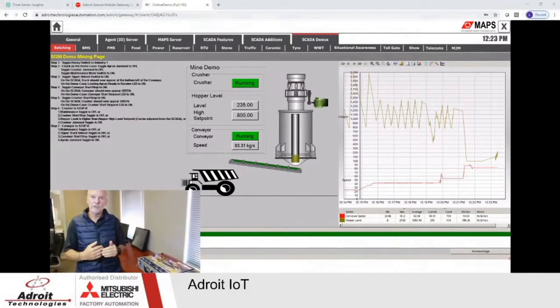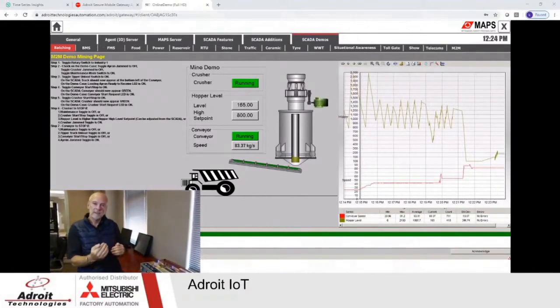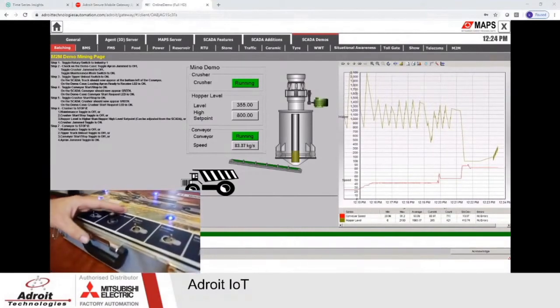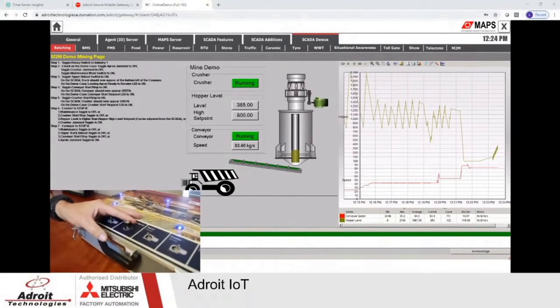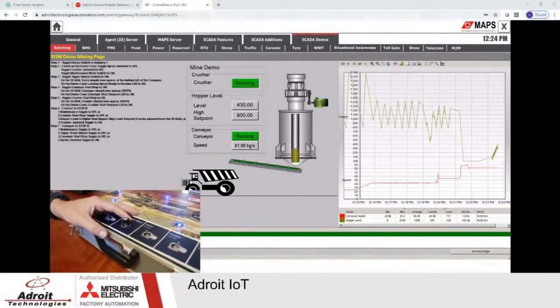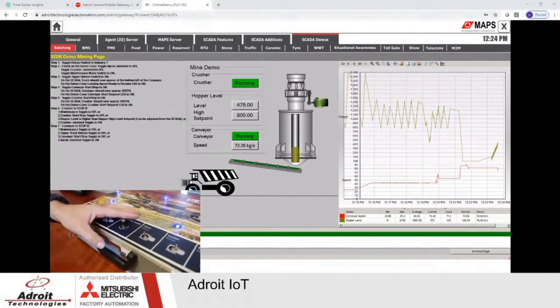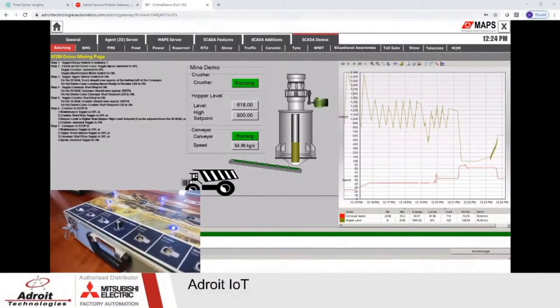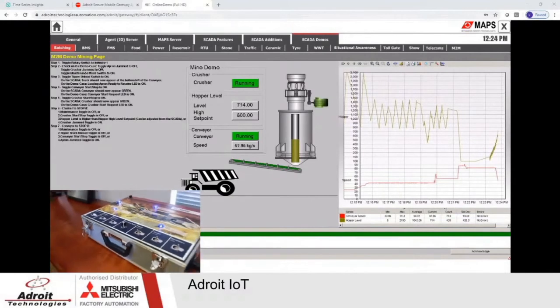And then all it's going to do is go between the high level and the low level. And depending on the speed, and the speed you can see here is adjusting. Right now it's around 80 odd kilos. If I now reduce the speed of the offtake, you will see that the speed comes down, and of course then the hopper will go up and fill a lot quicker. So that's all it's going to do.